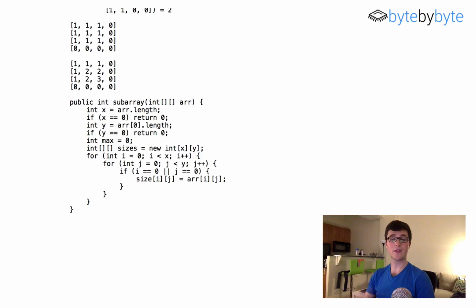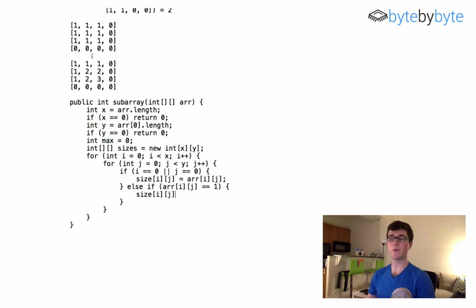And then the other case is going to be if the value in r[i][j] is equal to 1. Right? Because if the value in r[i][j] is equal to 0 at any point, then we want the value in the sizes array to be 0 as well. So we're just going to ignore those cases. So if r[i][j] equals 1, then what we need to do is say, so sizes[i][j]